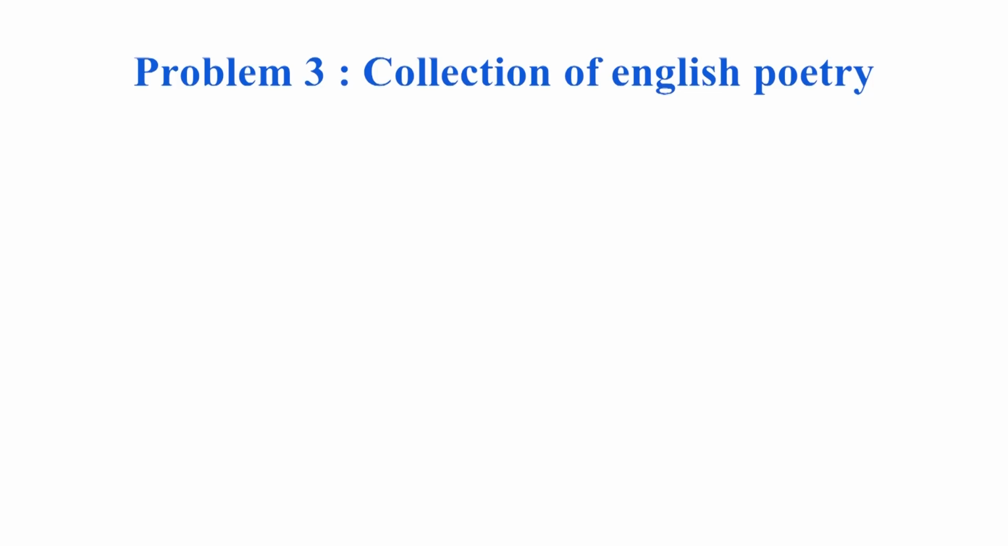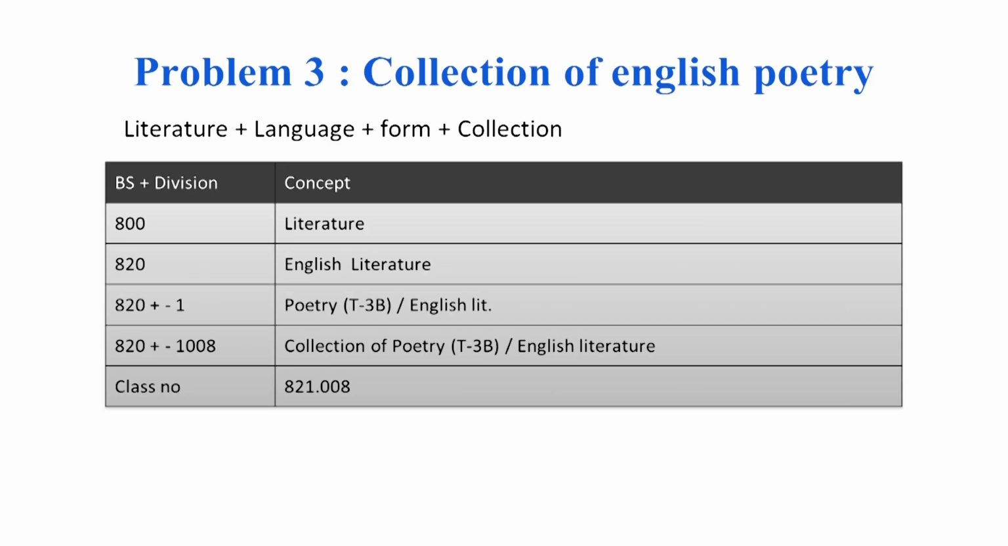Next we will prepare a class number for a particular problem. Collection of English poetry. Here it is important: collection of English poetry. Here literature is implicit. So it belongs to the subject 800 literature because it is English poetry and its collection is there. So the facets will appear as literature, then language English, then form poetry and its collection. So 4 components are there. So accordingly we will analyze the total concept as